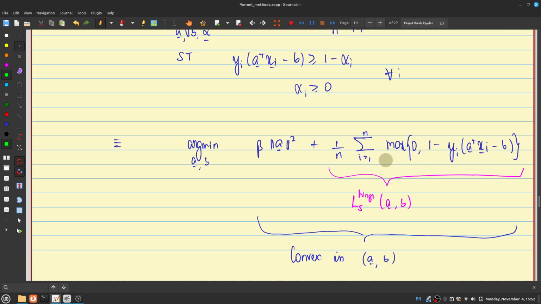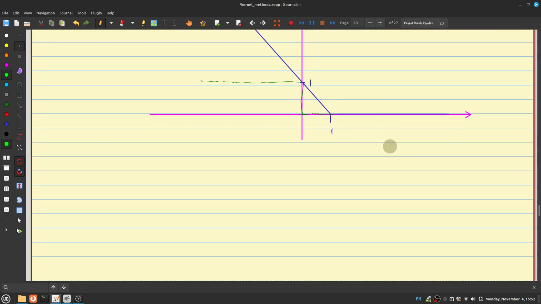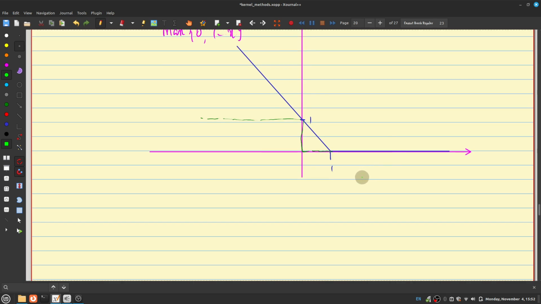Now, what do I need in order to evaluate the gradient or the subgradient of this at any given point? Just by using the chain rule, which also applies to subgradients, I need the gradient of this function with respect to x, and I need the subgradient of this overall function with respect to a single variable. I know exactly what the hinge loss looks like over here, so the only point that is problematic is x equal to 1. I can choose any subgradient I want. So one example is subgradient